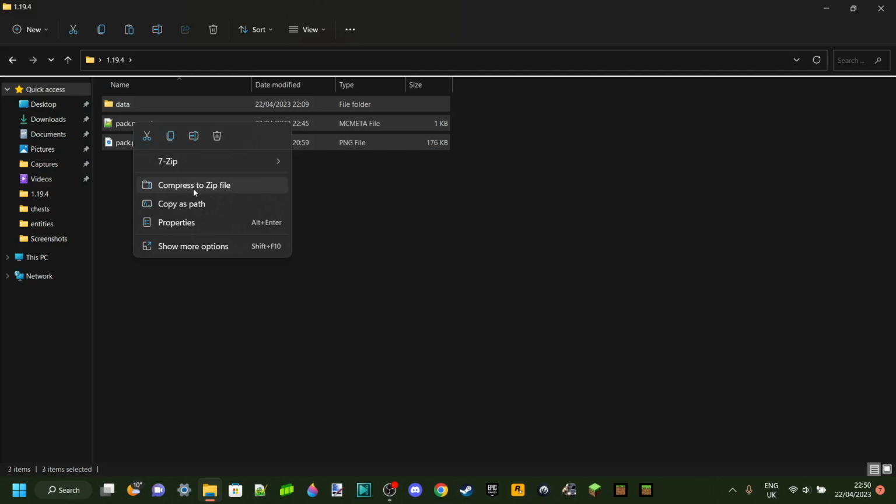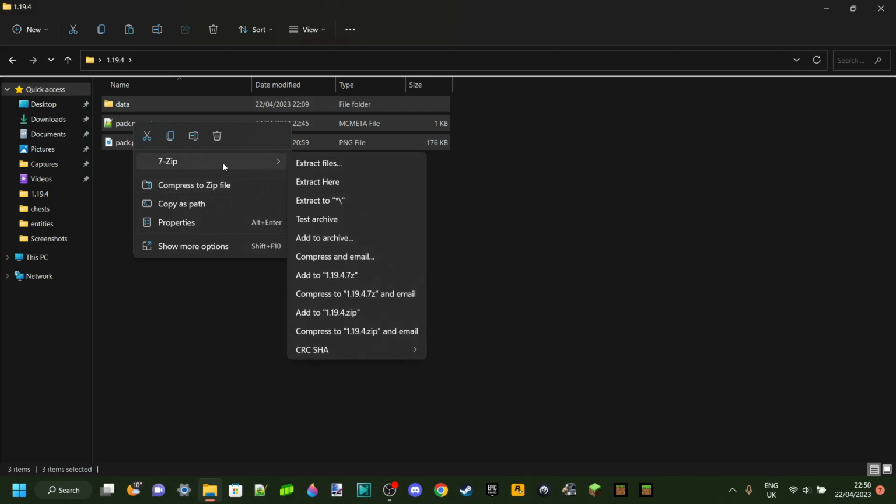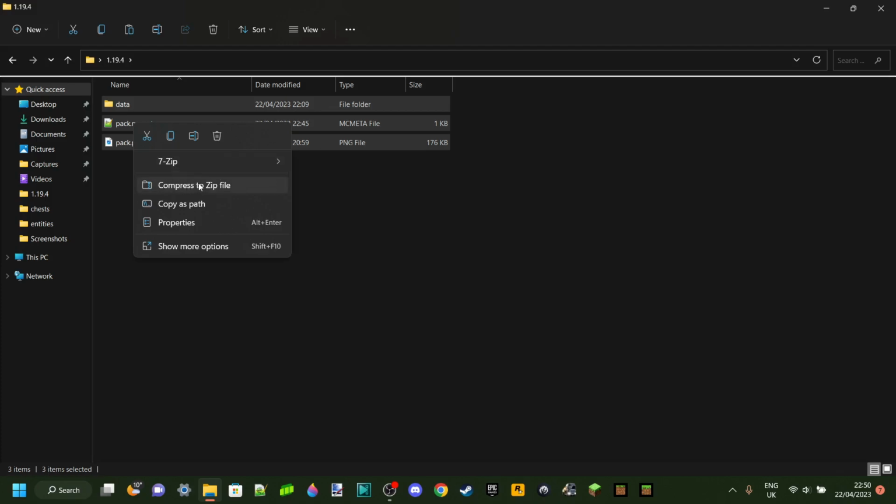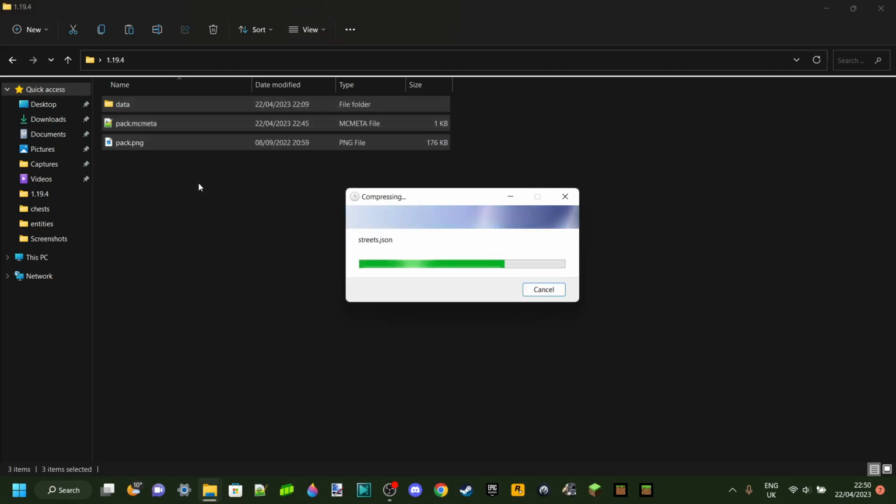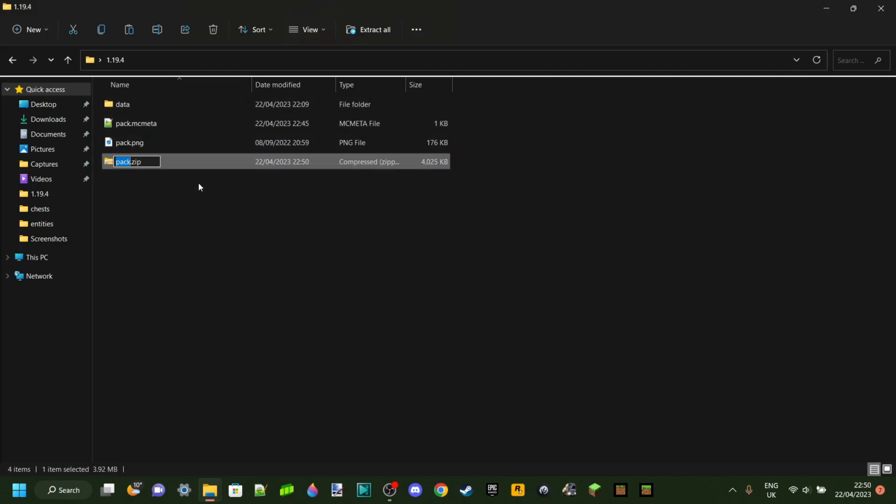Just as before, depending on your operating system, you might need a program like 7-zip to be able to do this. However, we can just compress this to a zip file just like so. It's gonna compress everything, and now here we got a zip file. And you can name it whatever you want. I'm just gonna call this It's Me 64's tutorial